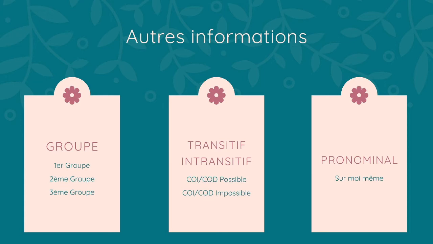And finally, the last information you can find is pronominal. So in English, we call them reflexive. I know a lot of you don't like them at all, and you often forget about them, but they're very important. How do we know that a verb is pronominal? Because at the infinitive form, you can see the little se, or just s apostrophe. What does that mean if a verb is pronominal? That means we're doing the action on ourselves. For example, if you take the verb laver, which means to wash,